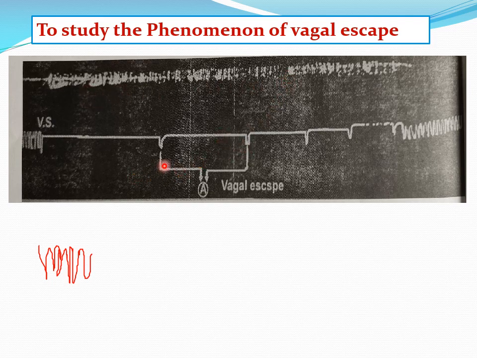This is the first cause. The second cause, even if the vagal stimulation is continuous, is the exhaustion of the acetylcholine. If we remember the mechanism of inhibition of the heart, due to vagal stimulation there is a release of acetylcholine, which acts as a neurotransmitter and inhibits the heart. This acetylcholine gets exhausted, because the amount released from the vagal nerves has a limit. This is the second cause.